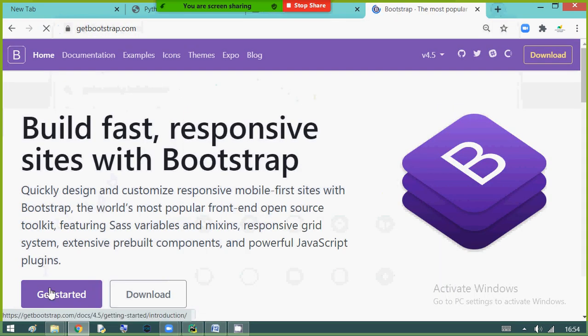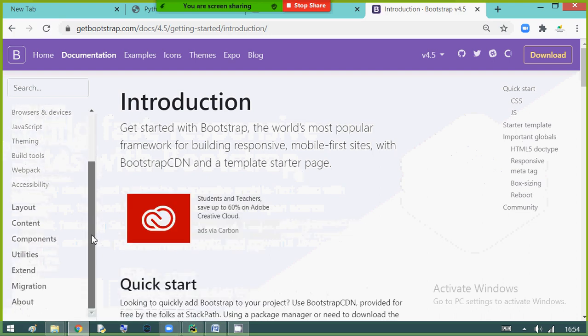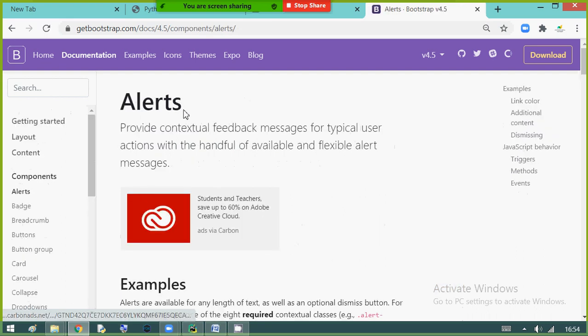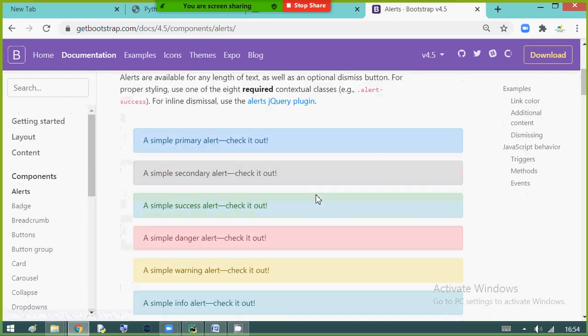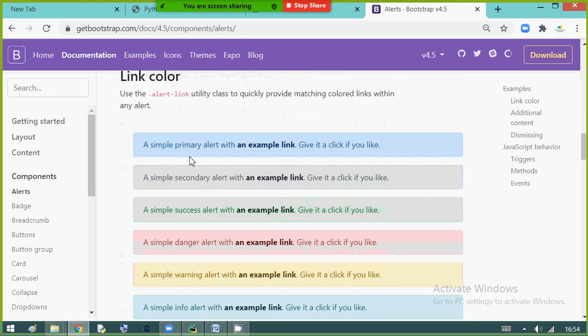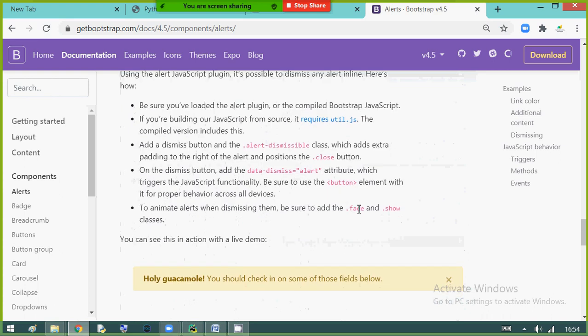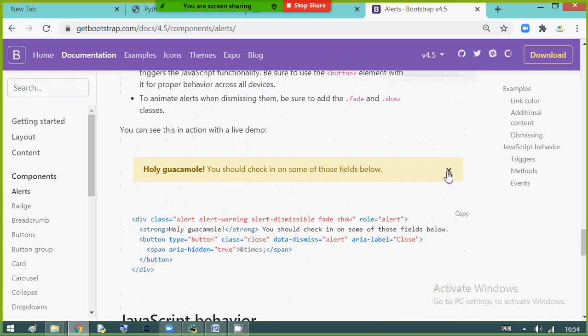You have alerts. Just observe here, in components you have alerts, different alerts, or you can see different colors. According to your requirement, you can use any alert. You have an alert with close option also.